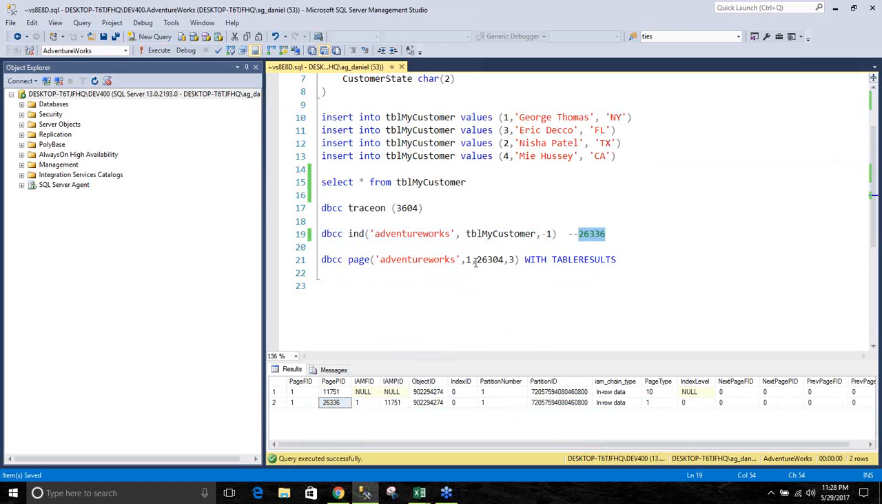Now, if I want to see what is inside that page, we need to use a DBCC statement called DBCC PAGE. The first parameter is going to be the database. The second parameter is going to be the file ID. Now, how do I know that the file ID is 1? Well, what we need to do is